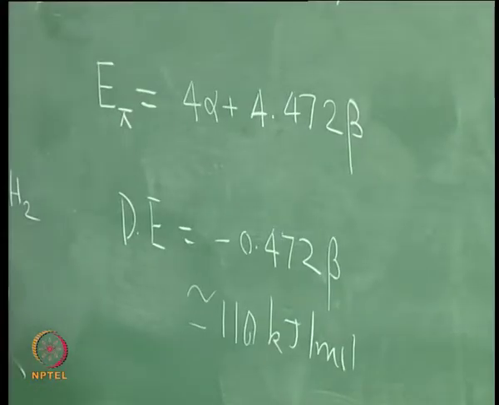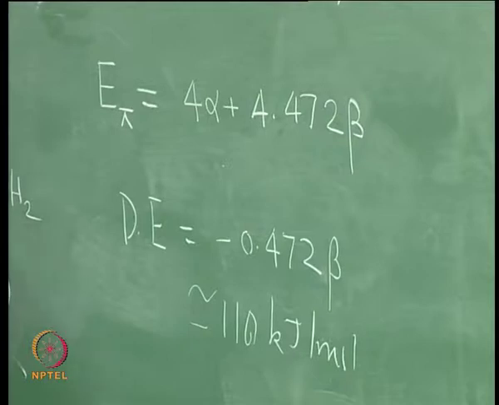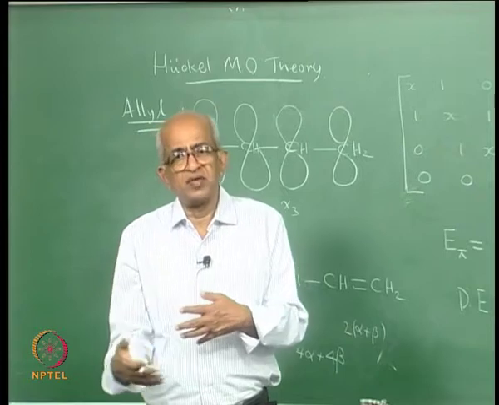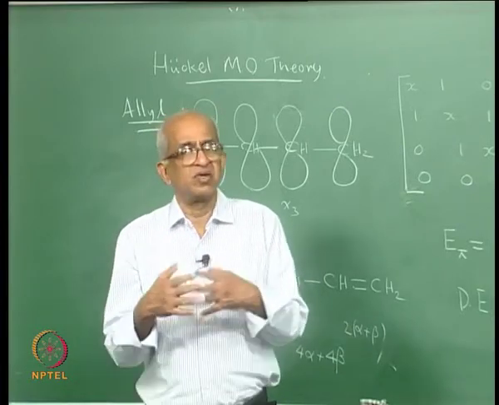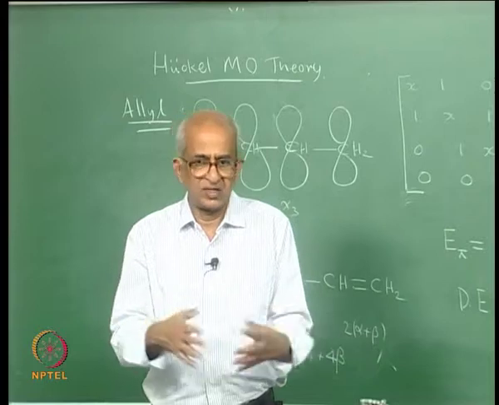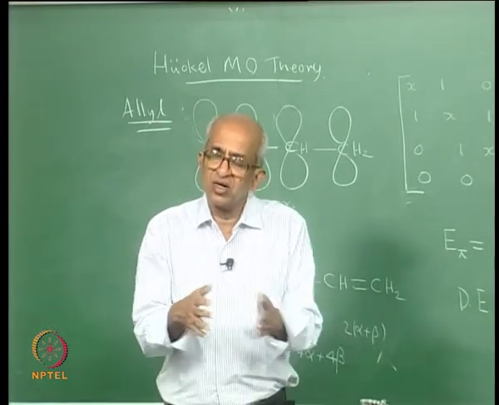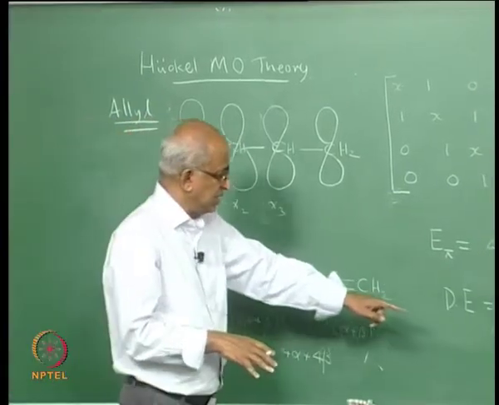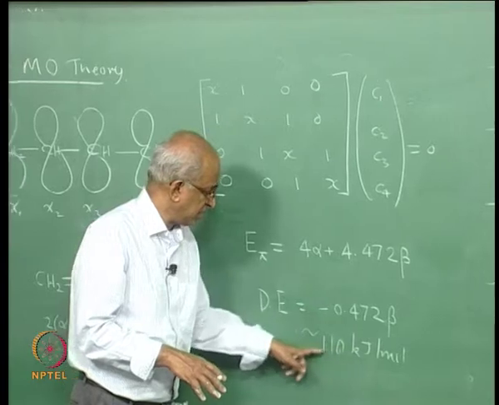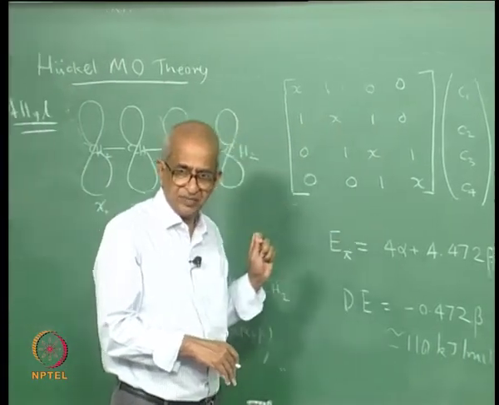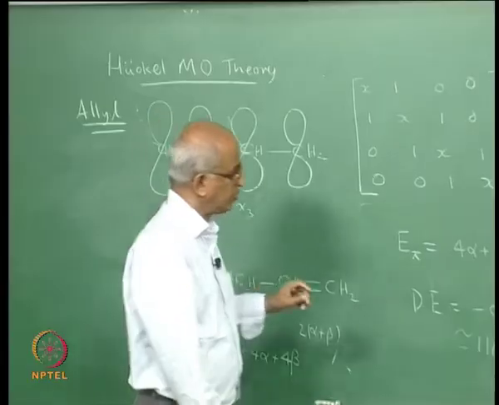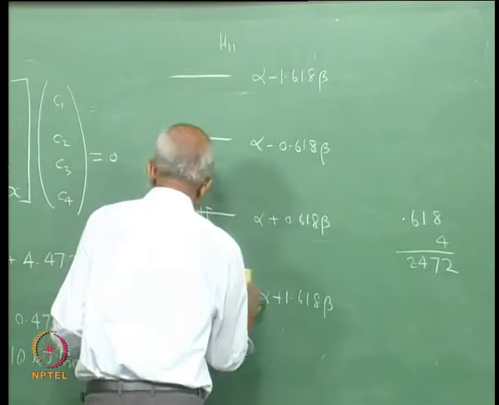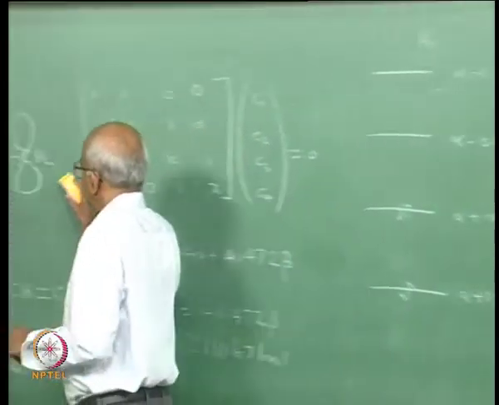So, this is the reason why organic chemists say that delocalization actually lowers the energy of the system. There is also another way of thinking about it, which is in terms of resonance, but we will not go into the details of that. We will just stick to the molecular orbital theory, and according to molecular orbital theory, there is a lowering of energy because of delocalization, and roughly speaking, in the case of butadiene, this is the amount of energy. Now, we will discuss the most important system that is of interest to chemists, which is benzene. So, how will benzene be?